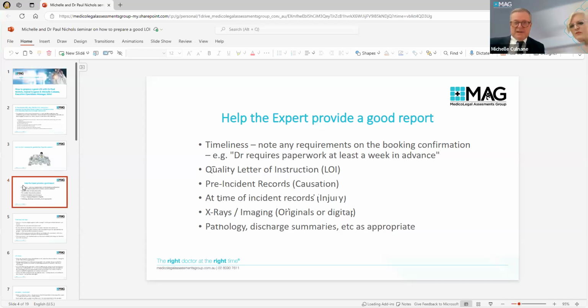If there are no records, then I'm quite entitled to make an opinion without them. Just by looking at the patient, you can sometimes tell what sort of a history they've had. But it's better to have the written records and the x-rays, because I can't see under the teeth sometimes, and most specialists will need x-rays before the accident. So we can say, that's what they were like before, that's what they were like after. See this? That was obviously caused by the accident. Or no, that wasn't, because it's still the same. So those pre-accident records are vital.